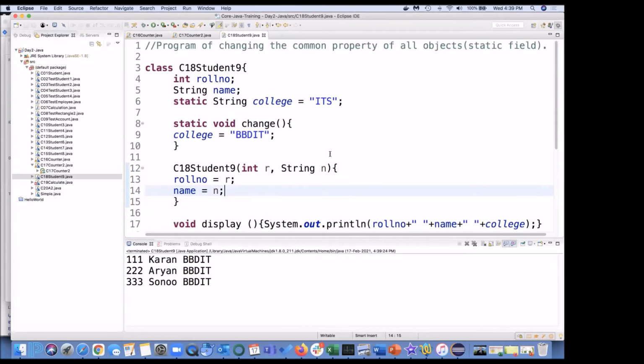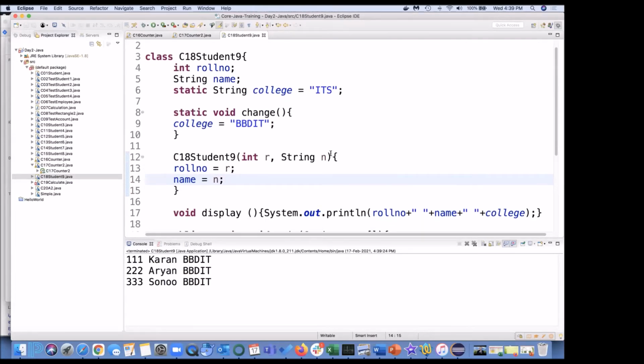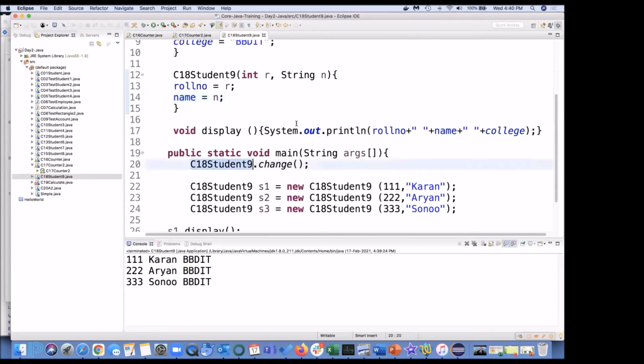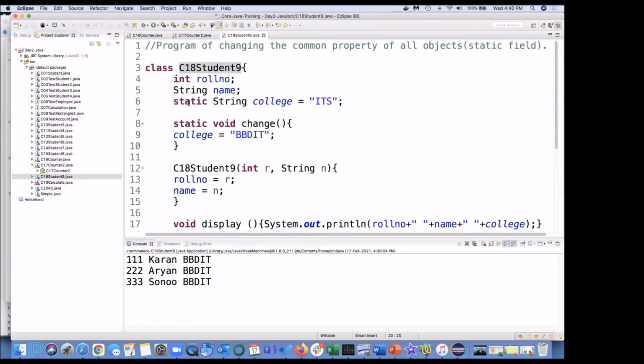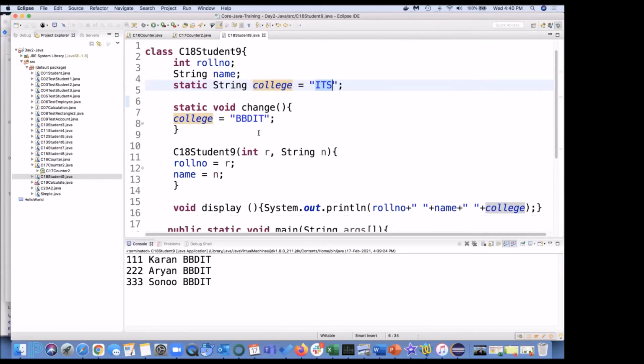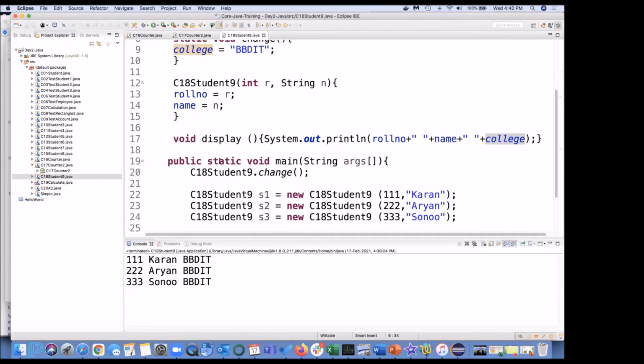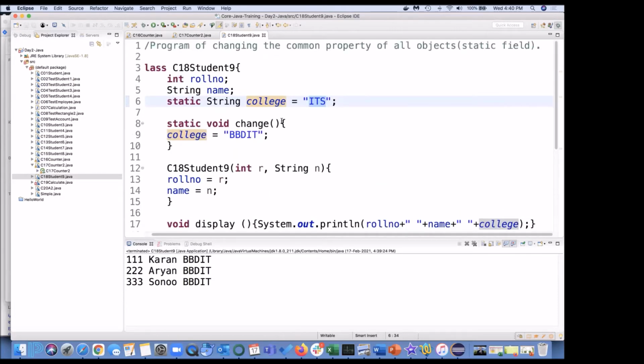So what happened when we executed this program? In the first line itself, because the moment I say static, this is at class level. So the value of this is first ITS. Now, when we executed this statement, this is the first statement executed after our main, the value of college becomes BBIT.